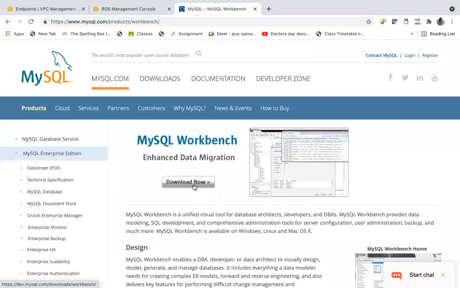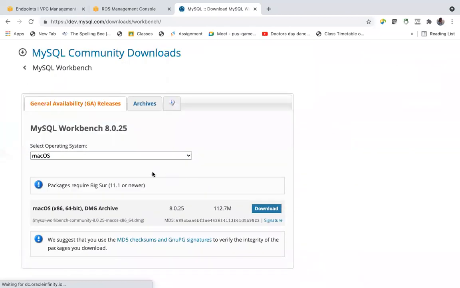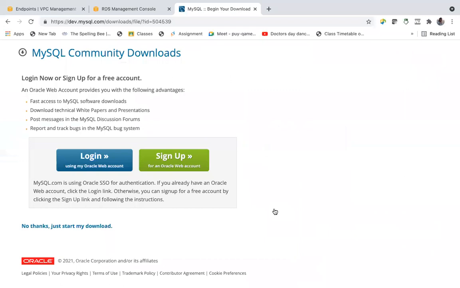And download this. Unfortunately, this Workbench is not supported by my version of OS. Say download. I already have it, I downloaded it once. Let me see.